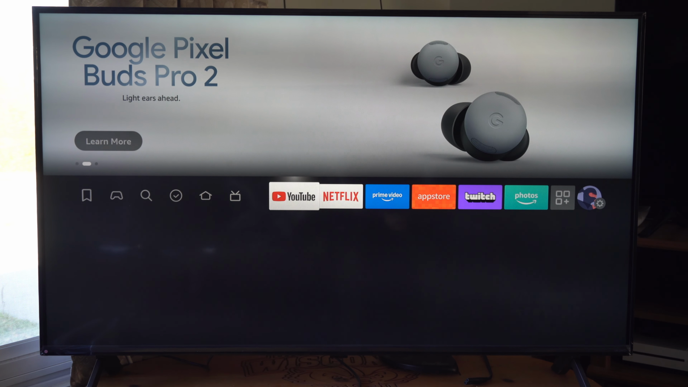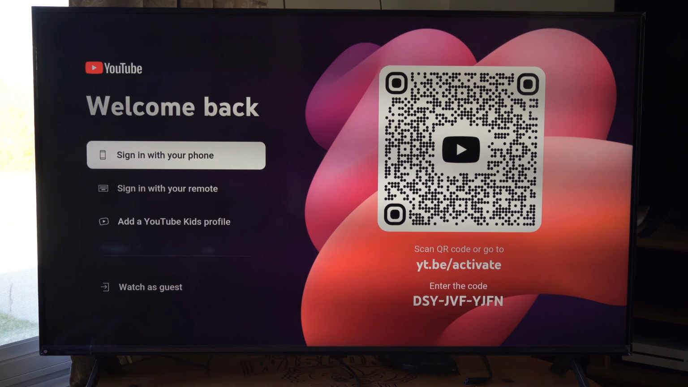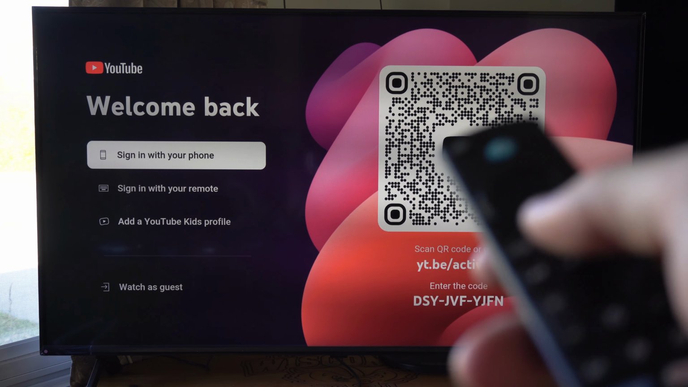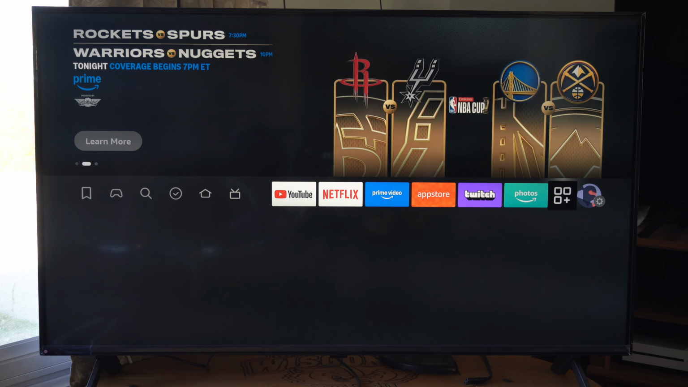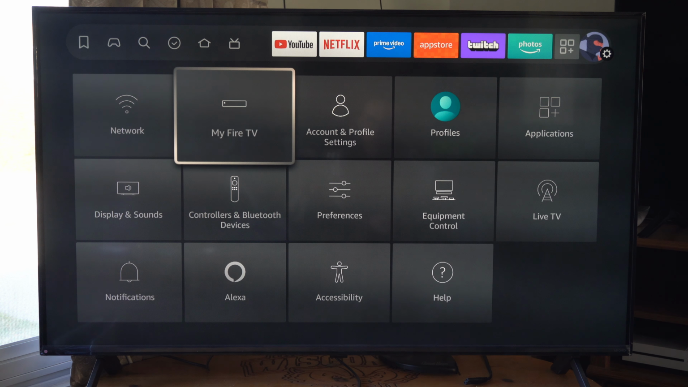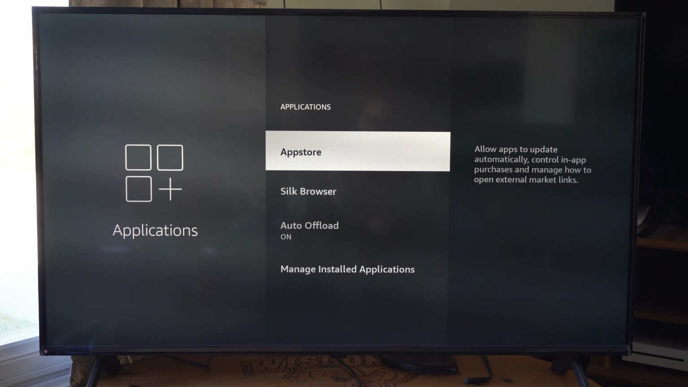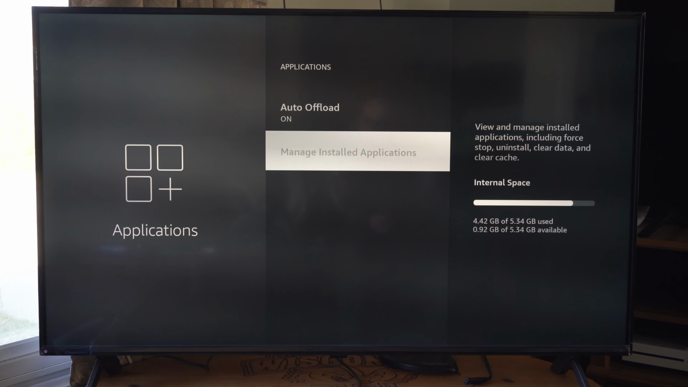Today in this video I'm going to show you how to force close an application that's not working on your Amazon Fire TV stick. So I'm just going to press the home button, return to the home screen, go all the way to the right, go on down and go to applications. Now in here we can go to manage installed applications,